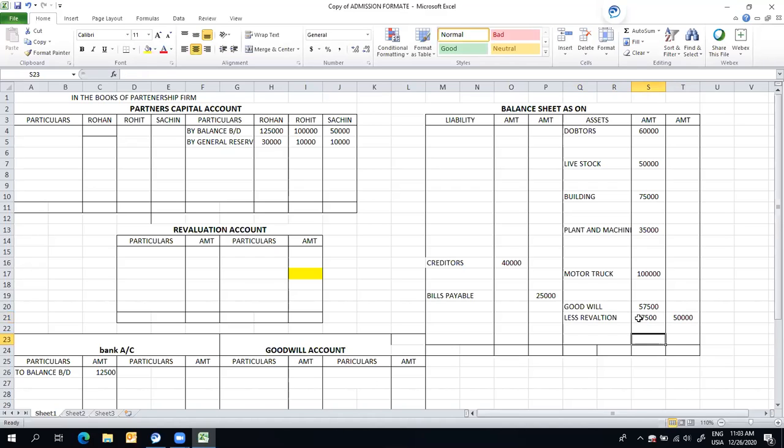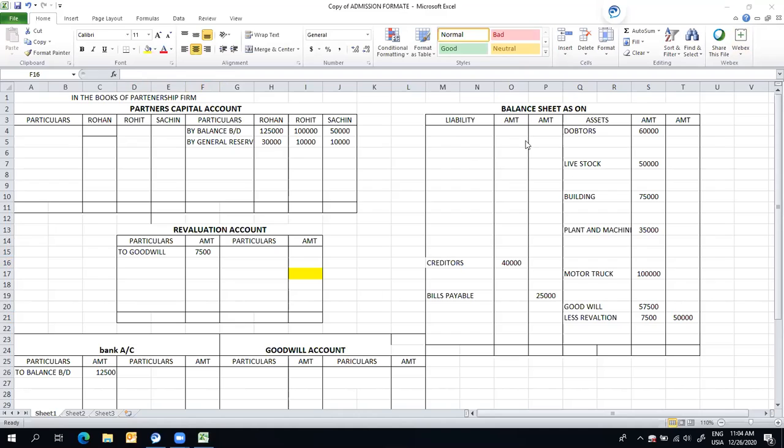And the second effect of this 7,500, see, goodwill is our assets. And when your assets depreciated, it will be treated as loss. Revaluation account, debit side to goodwill, 7,500. Revaluation debit side. Then next is